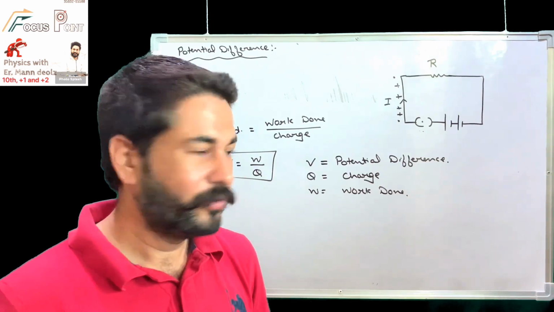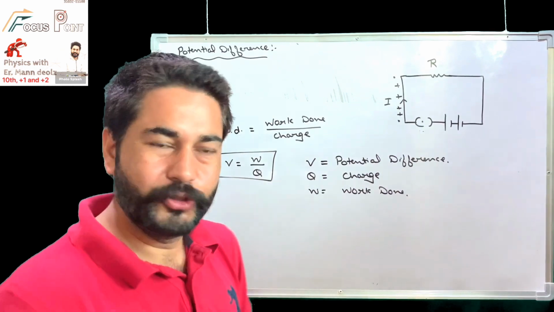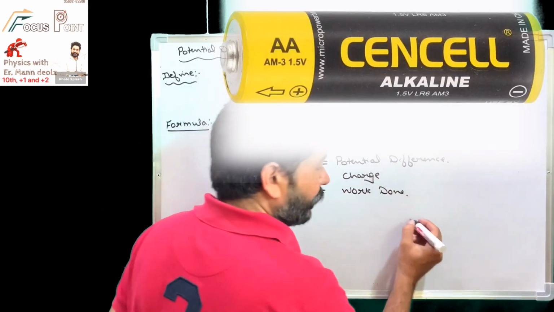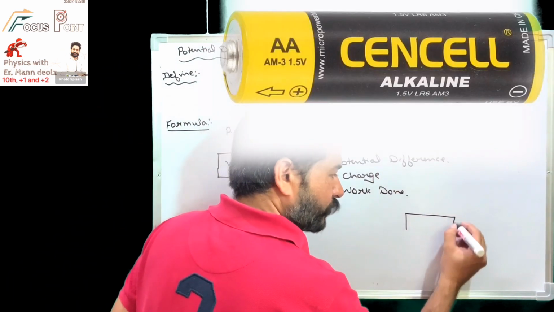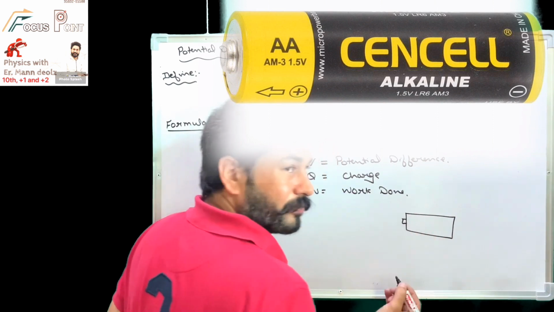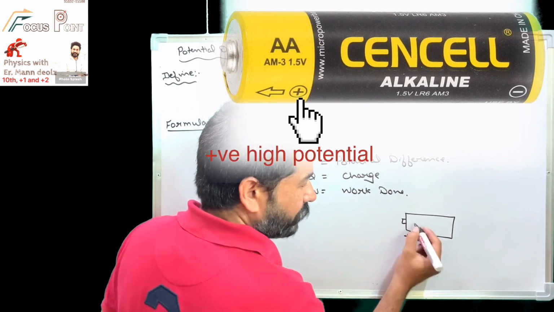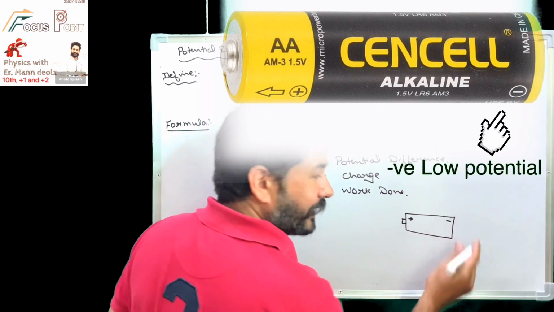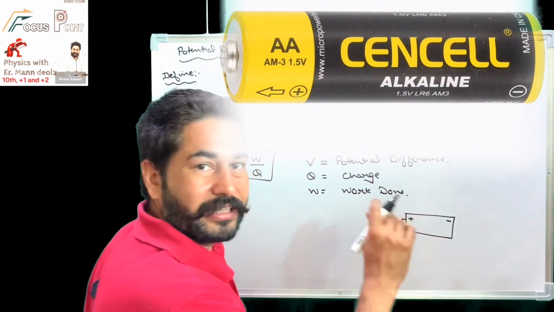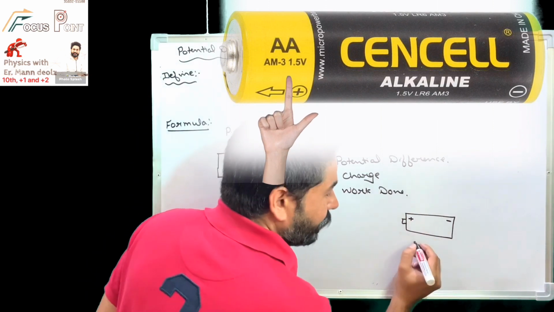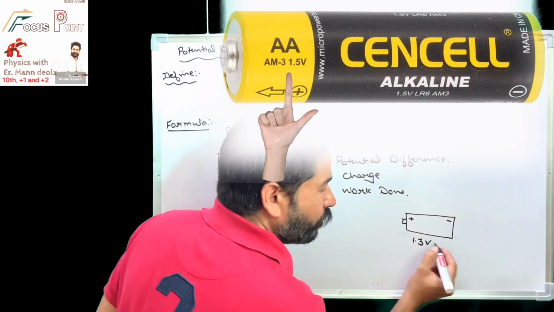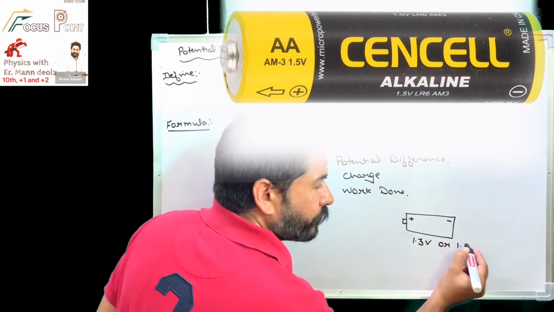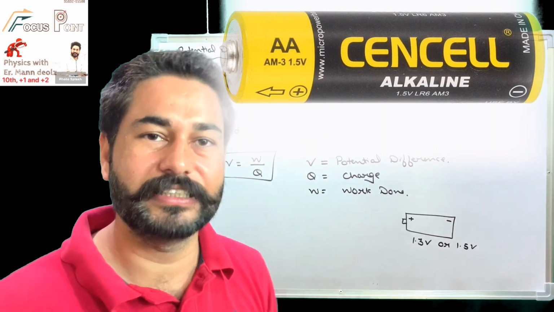Yes, sir. Okay. So for example, you might take any cell from a battery. It could be of this shape. Here you will observe this is the positive terminal. Positive would be written on the cell, and on the plain side, negative would be written. Try to read the value of this cell. It would be written as 1.3 volt or 1.5 volt. So this is the potential difference of this cell.